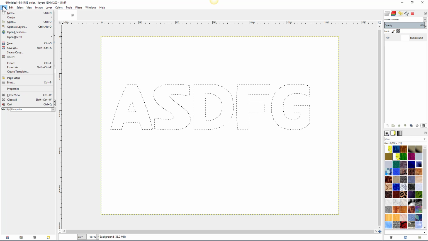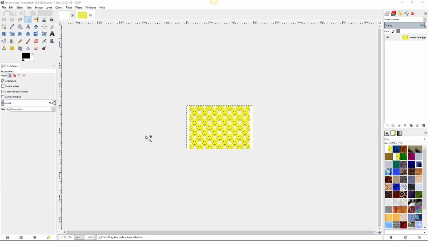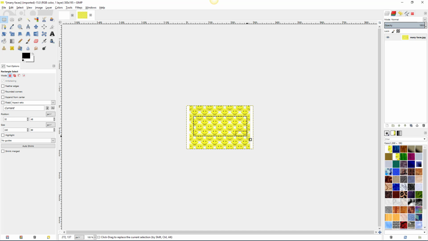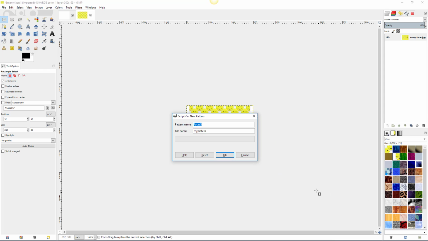So I don't have any students to share, but I'm going to open and grab this picture that I found, and then I'm going to grab a selection set here, relatively proportional to my letters. I'm going to copy it and then do what we did before and paste it as a new pattern. I'm going to call it Faces 4,